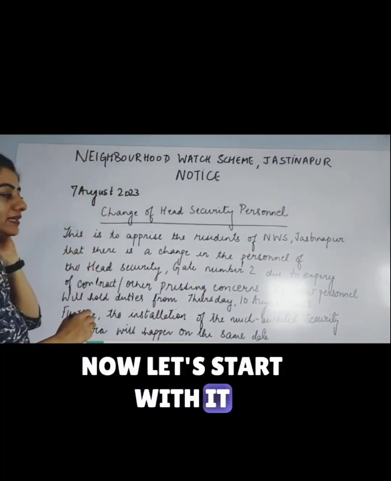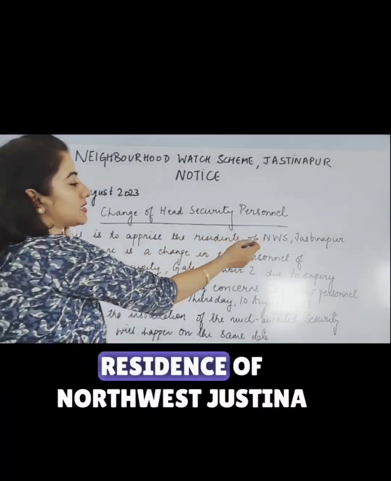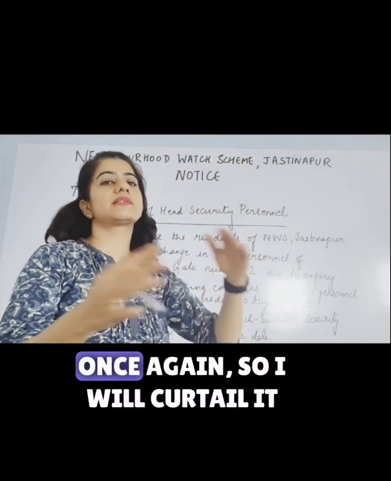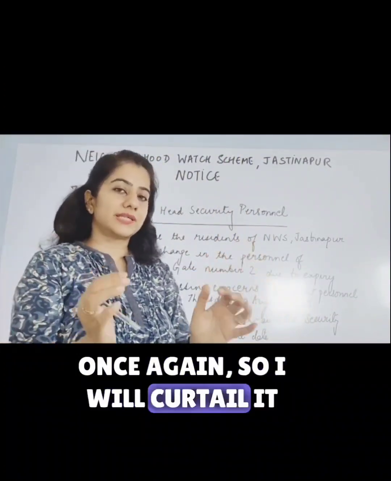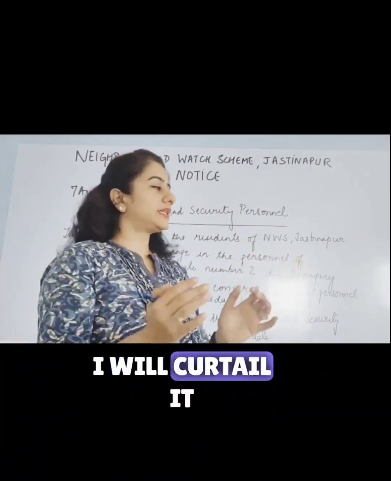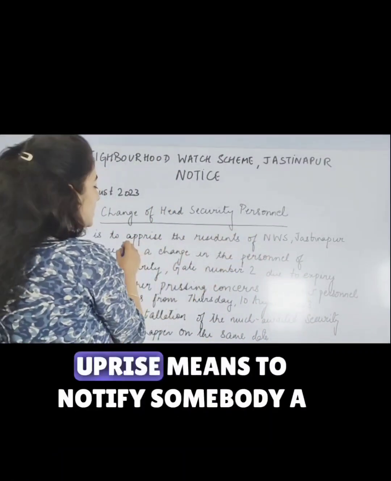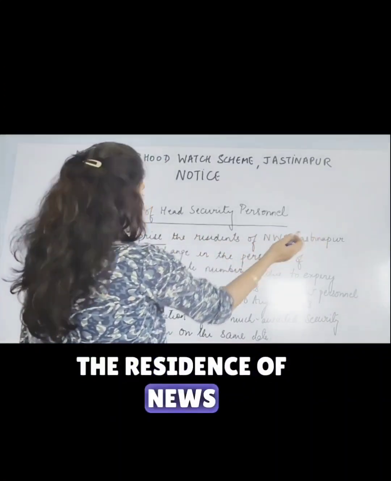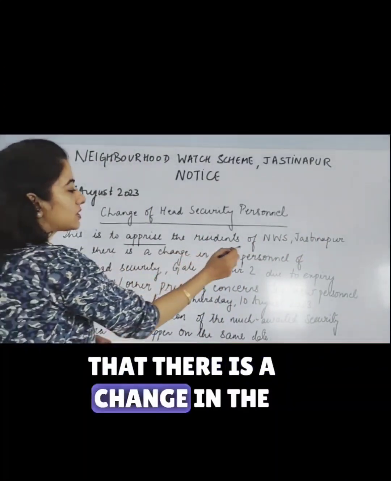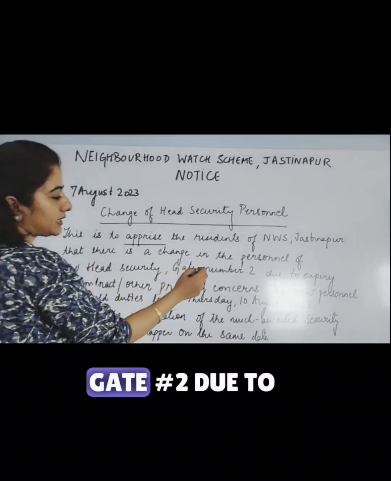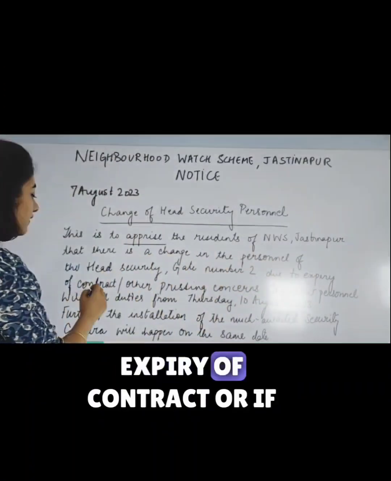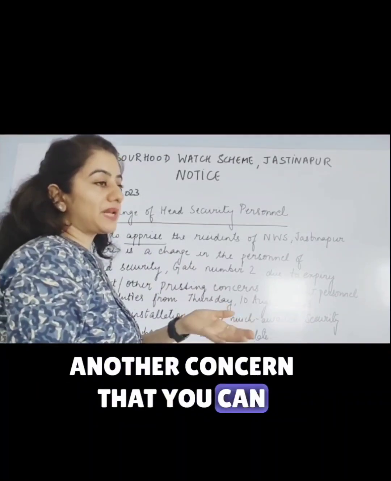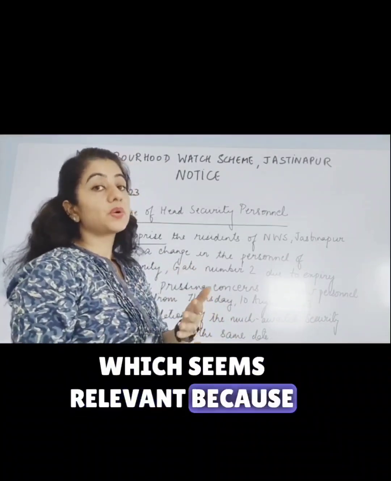Now let's start with it. This is to apprise the residents of NWS Justinapur. I need not write the entire name once again, so I will curtail it. So this is to apprise. Apprise means to notify somebody. Apprise the residents of NWS Justinapur that there is a change in the personnel of the head security gate number 2 due to expiry of contract, or if you think that there is any other concern that you can mention here which seems relevant, because they have asked you to